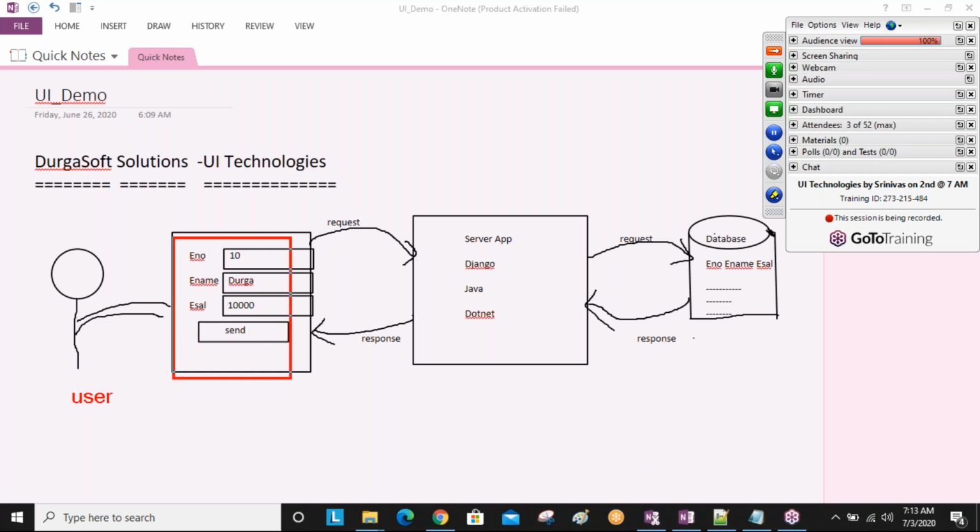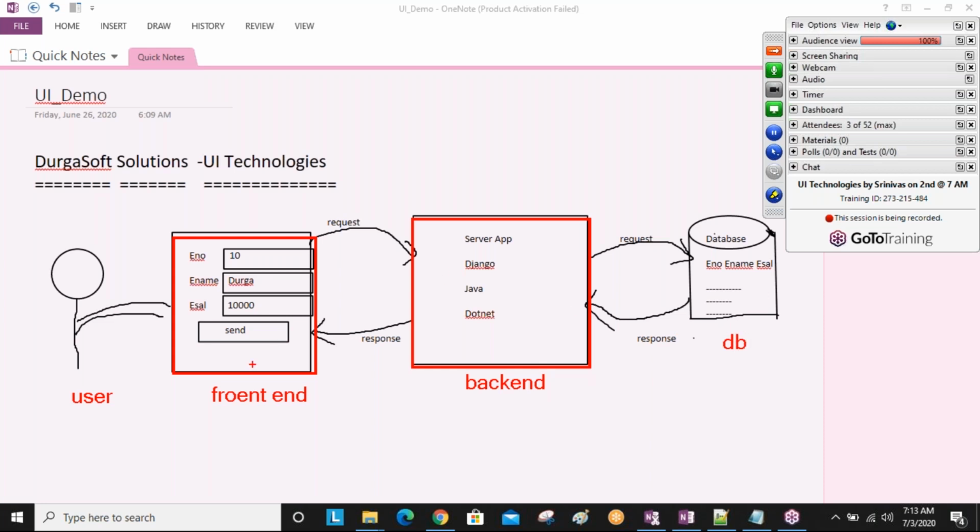This part is the front end part, front end technology, which is nothing but presentation. And this part is nothing but back end technology. And then this is the database, DB related.